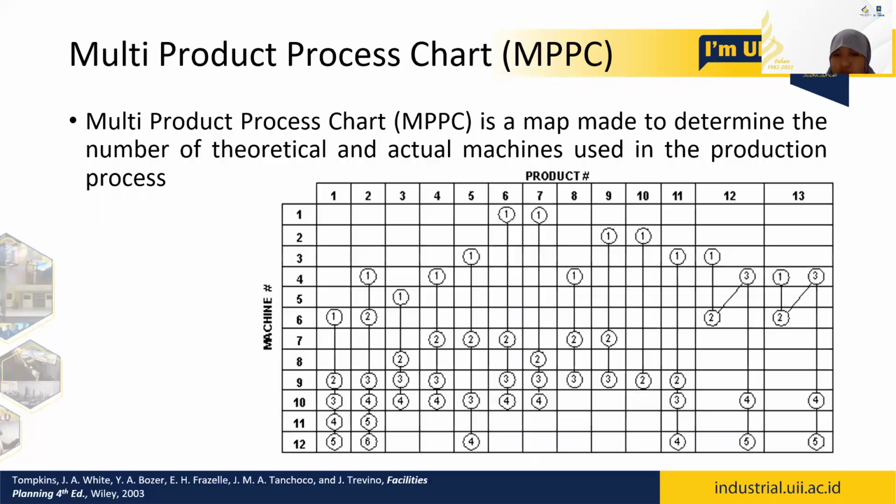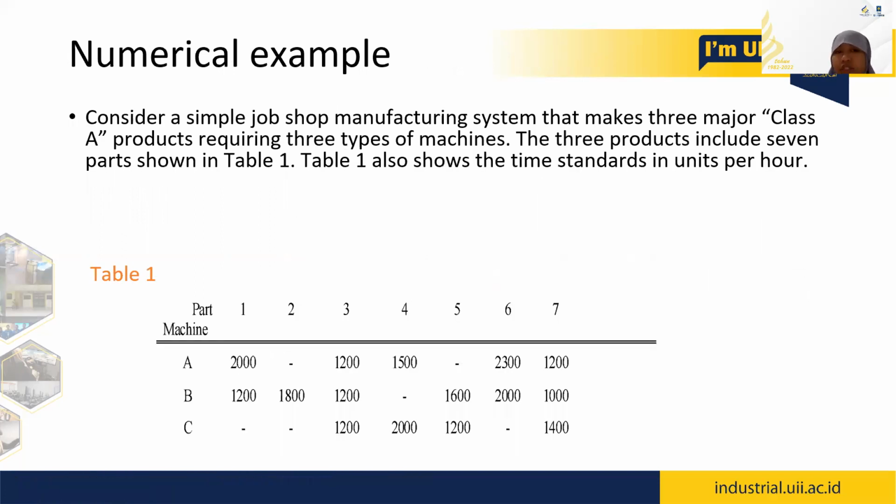For example, this machine number 2 is being used by 9 and 10, and then you can try to calculate the actual number of machines needed based on these two products, or you can just assume that each machine is dedicated to one particular product. Okay, so this is a numerical example where you try to find out how many products are required,